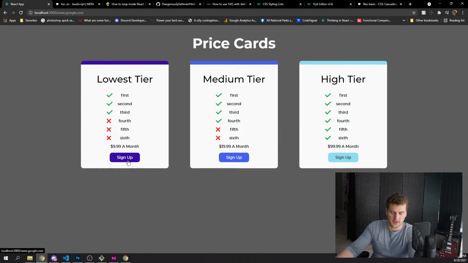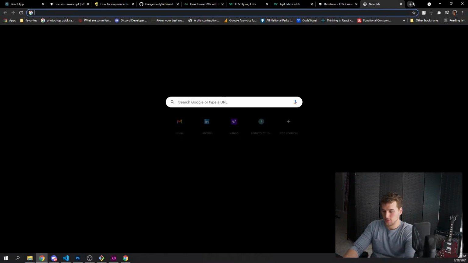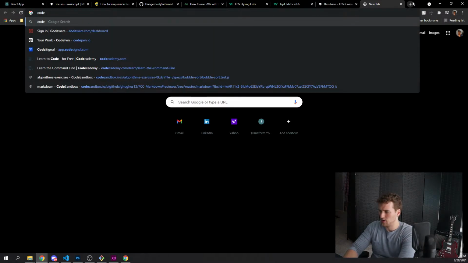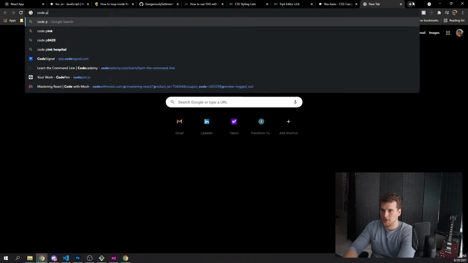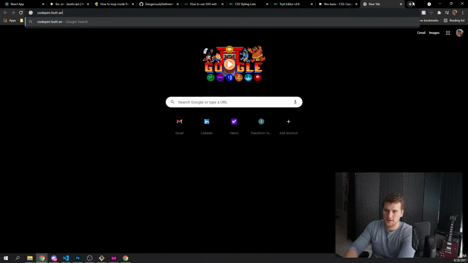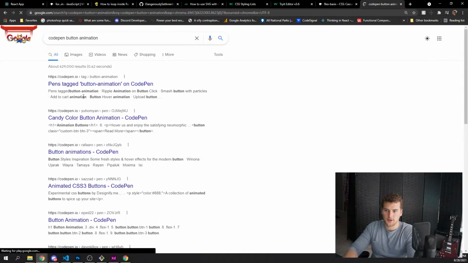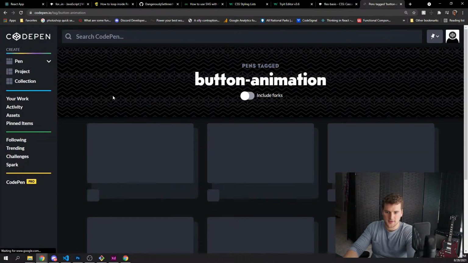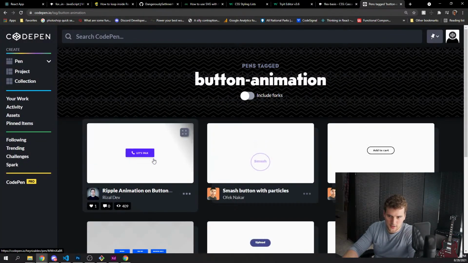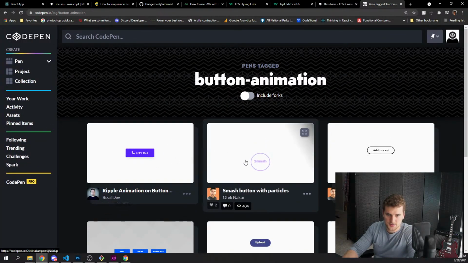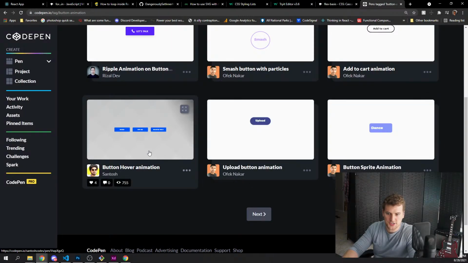We need some kind of hover effect on these buttons, right? So let's go to CodePen, right? Yeah, button and button animations. Don't want to Google that while we're on YouTube. And let's find a cool button animation we can throw on here. What does this one do? I have to actually go to these to see it. It doesn't just give me a preview. That's lame.